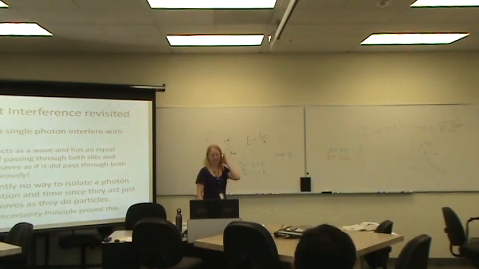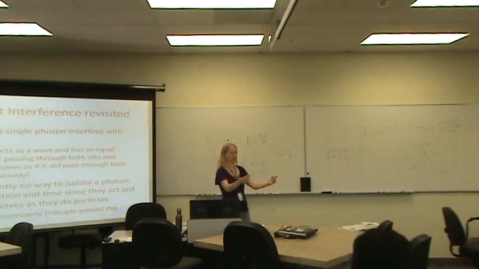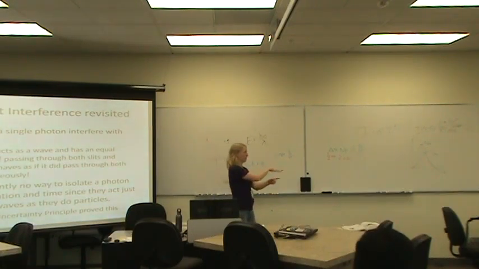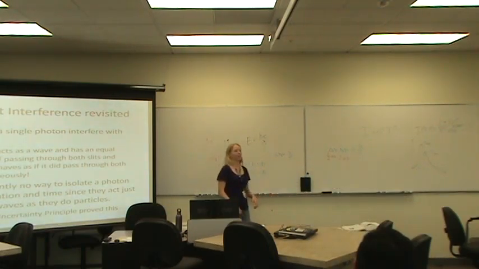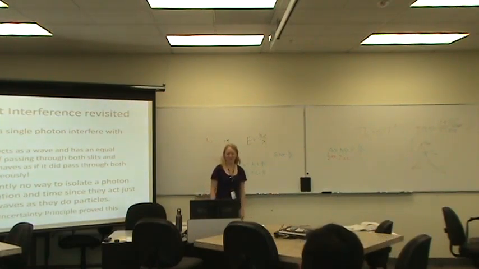So if that's hurting your brain because we're thinking about it like a particle, think of it like a wave. We know that a wave, when it intersects those two slits, branches into two waves, and the two waves interfere. So if you just remember that photons are waves, they are electromagnetic waves. We looked at the wave-like properties of the electric field and magnetic field. It has wave properties. And just accept that when we want it to act like a wave, it acts like a wave. When we want it to act like a particle, it will act like a particle. And we really have no choice.